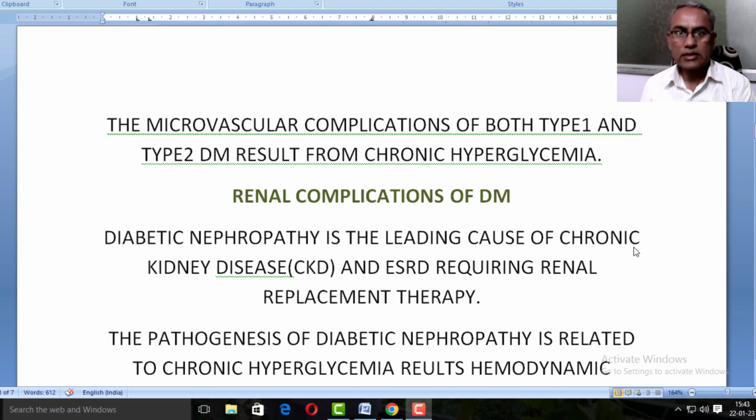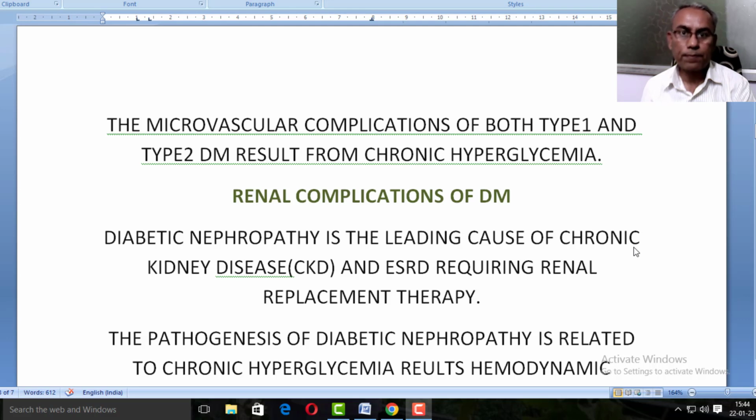Among the microvascular complications, we discuss the renal complication of diabetes. Commonest is diabetic nephropathy, which is the leading cause of chronic kidney disease and end-stage renal disease that requires renal replacement therapy. Friends, diabetes is the leading cause for chronic renal failure that can be prevented by simply getting glycemic control